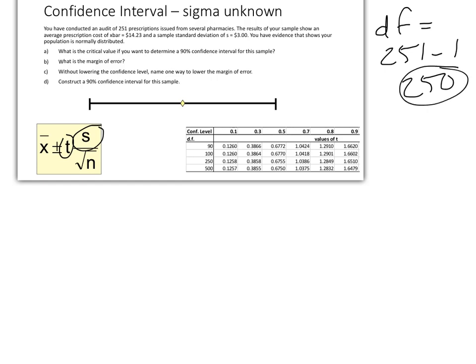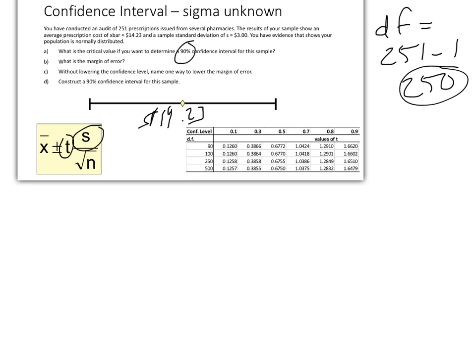Okay, and let's see here. The results of our sample, we're looking at prescriptions issued and the average price. Okay, so here we have $14.23 in the middle. Right, that's our sample mean. Sample standard deviation is $3. Okay, and we want to know what the critical value is if we want to determine a 90% confidence interval